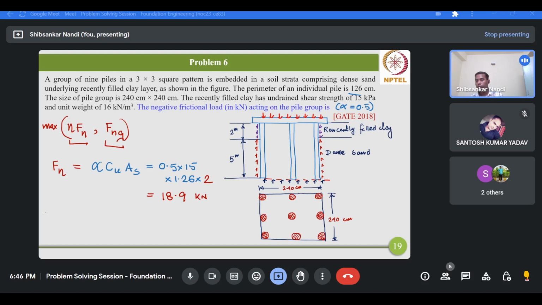Okay. So n times Fn, this will be 9 times 18.9. 9 times 18.9, how much? 170.1. So this is considering the single pile case. Okay. So we have first determined the negative frictional load acting on a single pile, and we have multiplied the number of piles with that load to calculate the negative frictional load acting on the pile group. Okay. However,